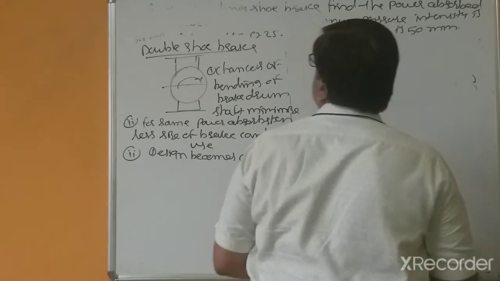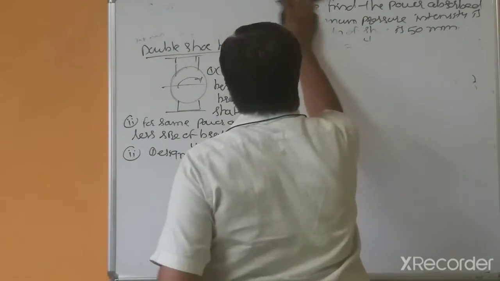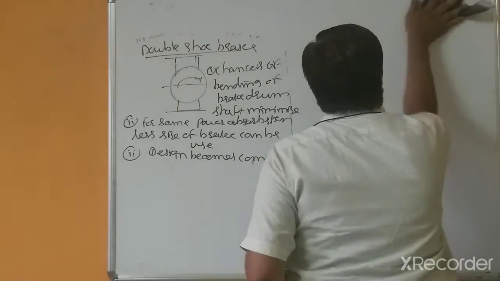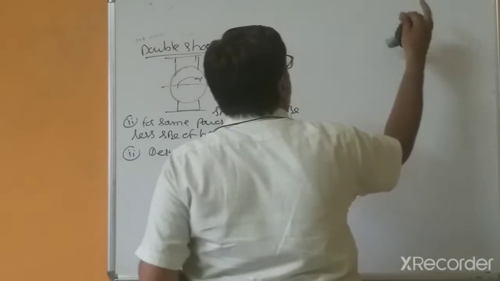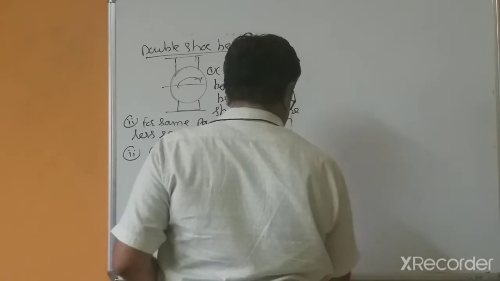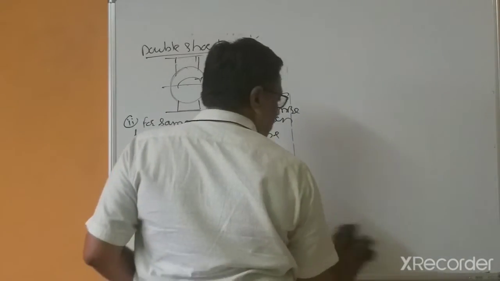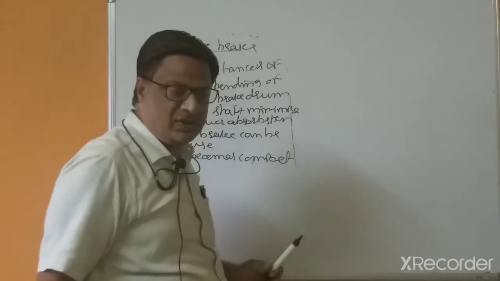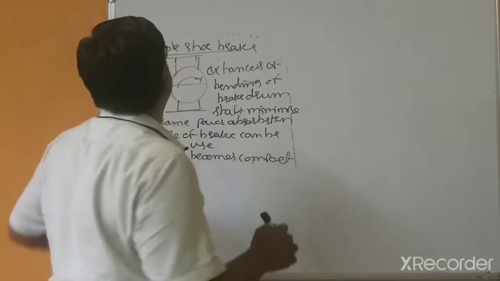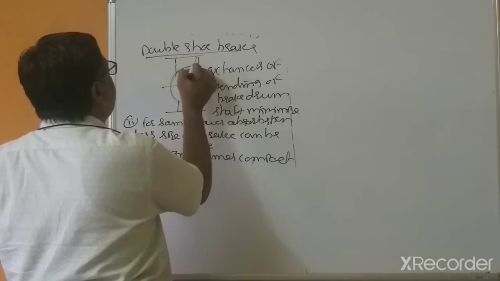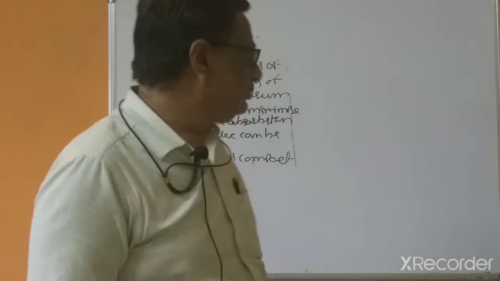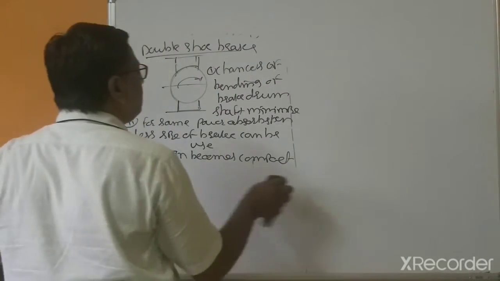So today we'll see one problem related to the double block brake. Please note down these advantages, because we are conducting a surprise test based on this. So these are the advantages of the double shoe brake. So this is double shoe, one side and the other side, with equal and opposite forces. So please note down this.